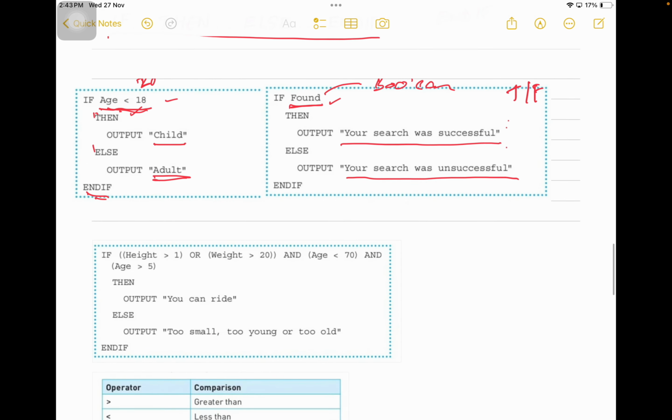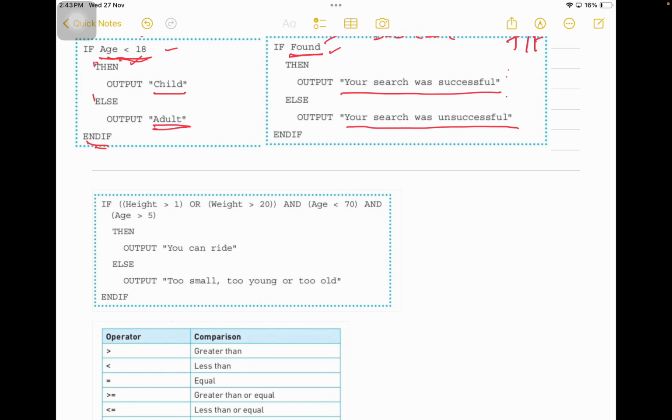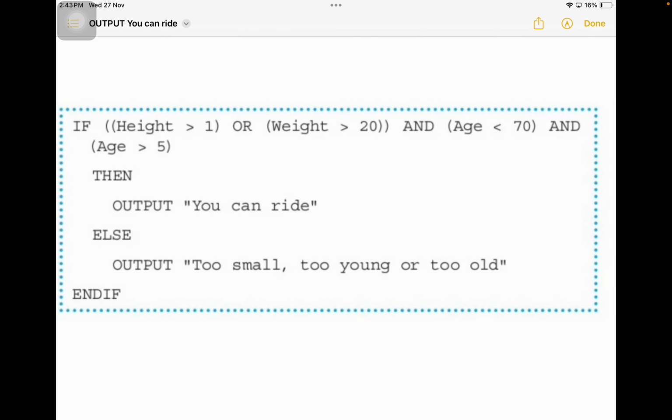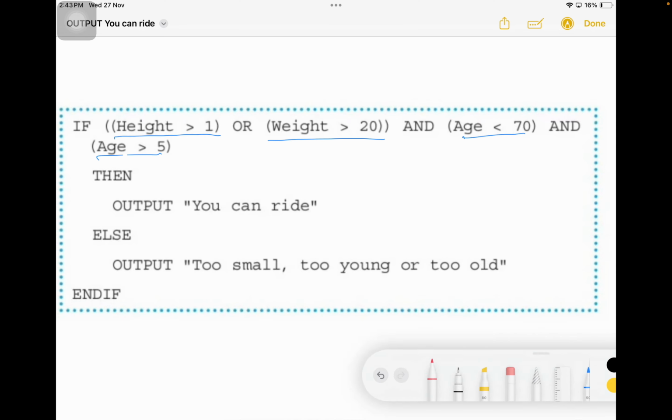Now another example to represent this is, as you can see, if we are having multiple things to compare, for example here they are comparing if height is greater than 1 or weight is greater than 20 and age less than 70 and age greater than 5. So this is a scenario where the conditions are checked: either height can be greater than 1 or weight less than 20, either of these cases, and these two conditions must be followed. So any one of these and